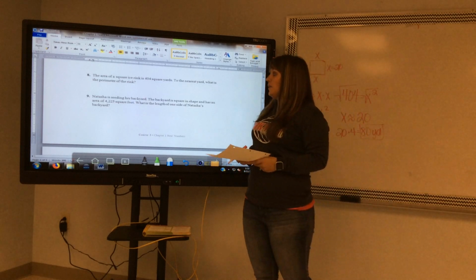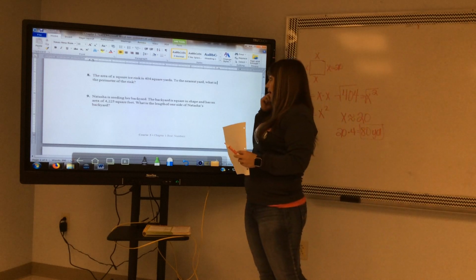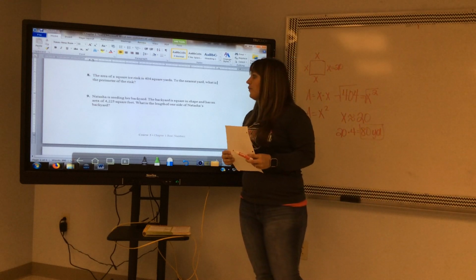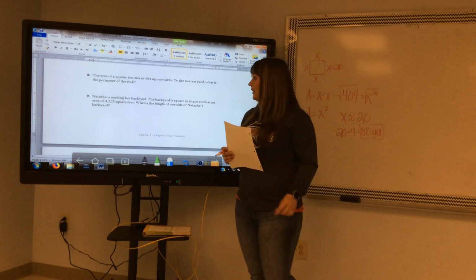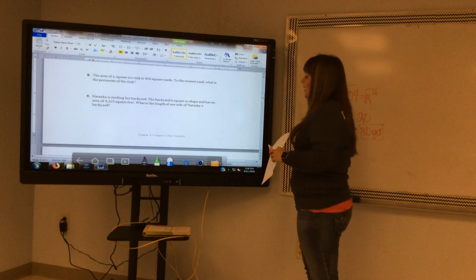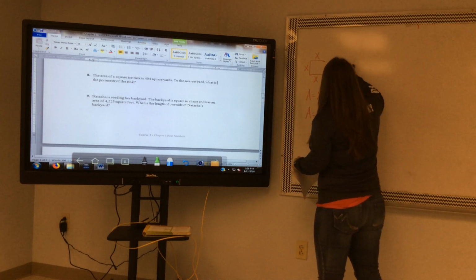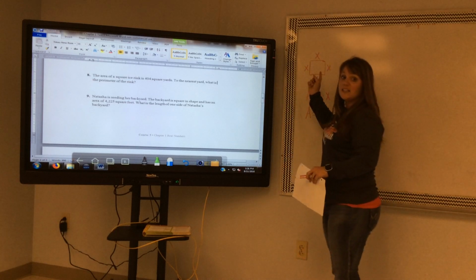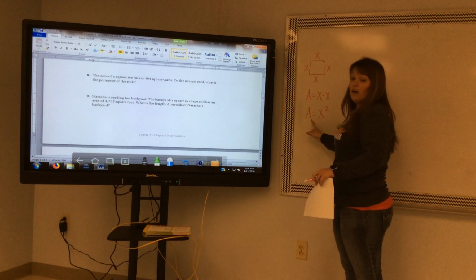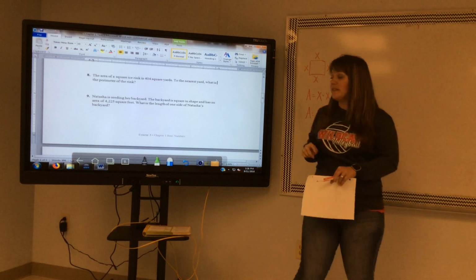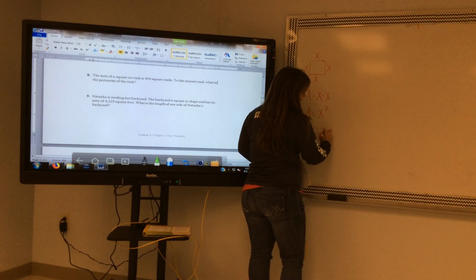Number 9. Number 9 says Natasha is seeding her backyard. The backyard is square in shape and has an area of 4,225 square feet. What is the length of one side of Natasha's backyard? Well, we're back here to a yard that has a square shape. The area is x times x, so the area should equal x squared. Well, since her area is 4,225